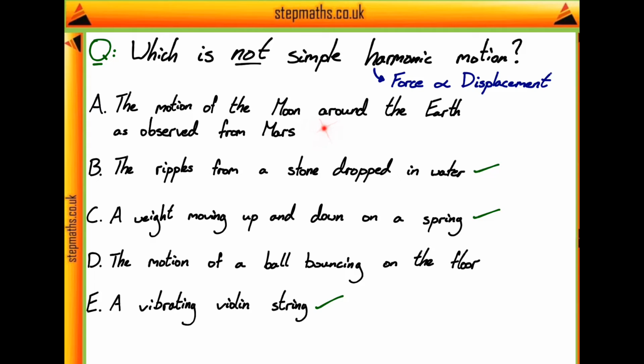Next, let's go ahead and look at A, which is the motion of the moon around the Earth as observed from Mars. Well, this one seems quite different from the others, actually, since we seem to be talking about orbits here, and it's quite a confusing situation with the moon around Earth viewed from Mars. But if we were to imagine from Mars seeing the Earth and the moon orbiting around it, then what we would really just see is the moon moving back and forth as it moved around the Earth. So while obviously the orbit is going to be circular, from the side from Mars we would just see the moon swinging back and forth